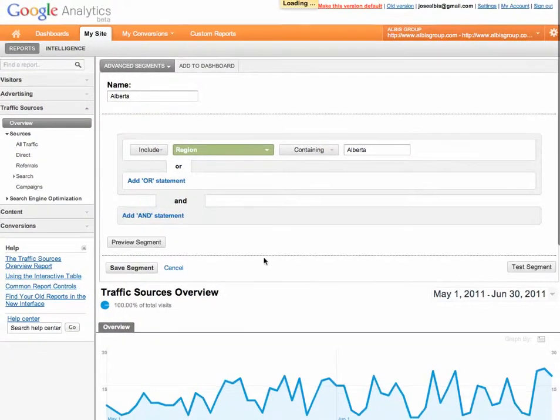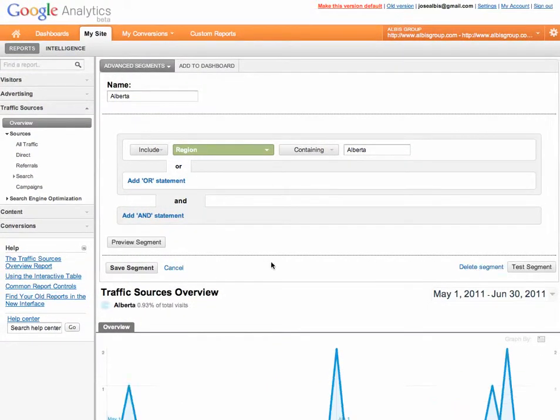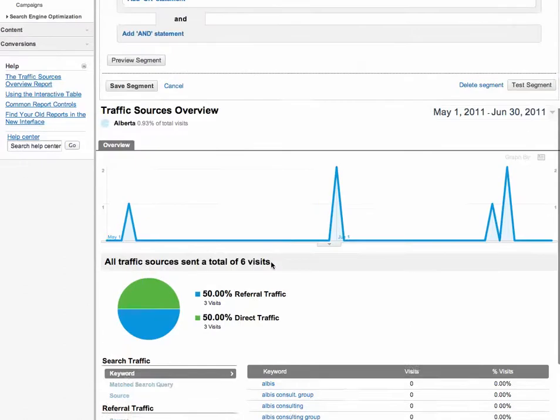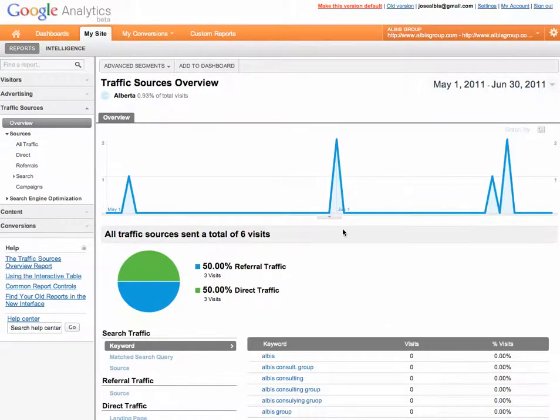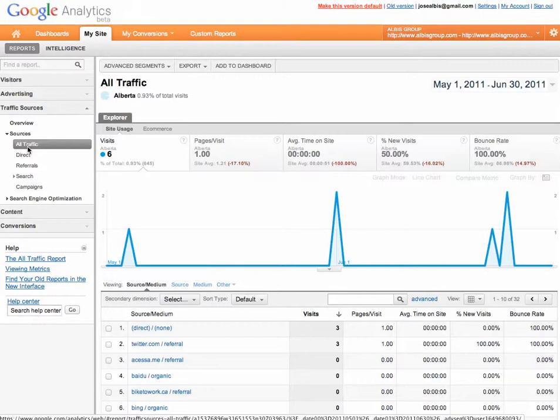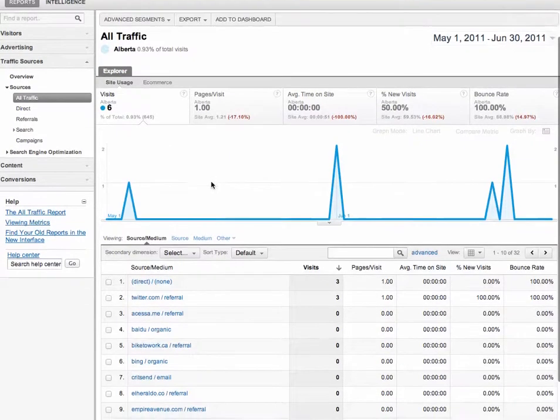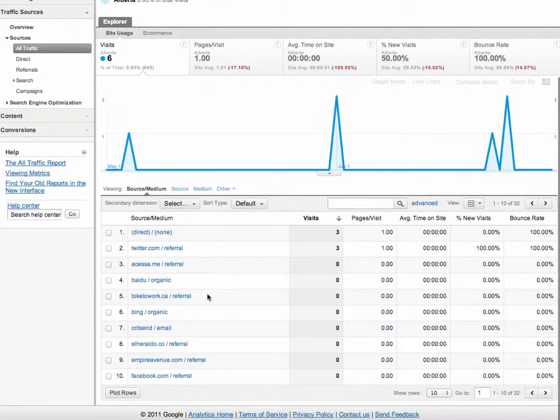What this is going to do is it's going to give us, oh, we do have some traffic from Alberta, and by testing it, we have 6 visits, and we save the segment. Then that means we can use it, and it's going to display even if we're in all traffic. If we then define it, in this case we are just reading Alberta, all the sources where they came from,